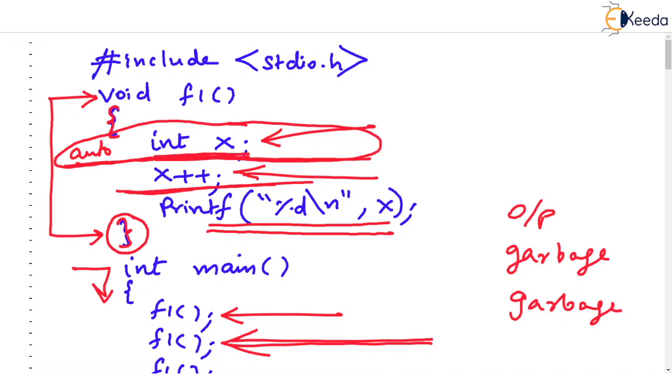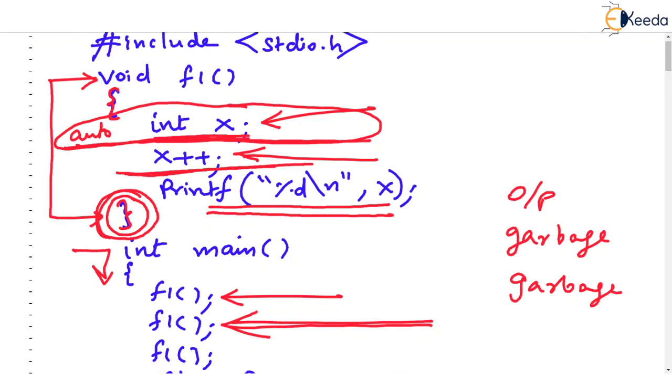Needless to say, you understood it enough that when this function terminates for the second time, you watch, again x is deleted. So what will be the third call to the function? Obviously, the third call to the function will also print garbage on the screen. So you saw how that auto variable inside the scope was created 3 times and destroyed 3 times.